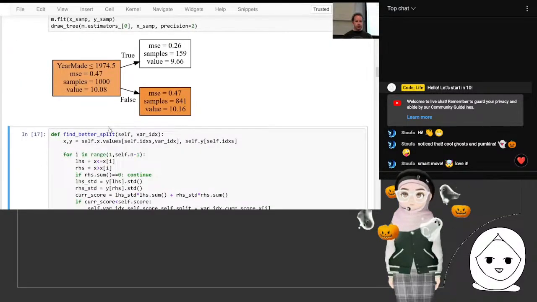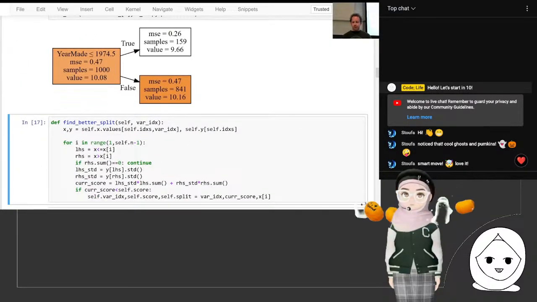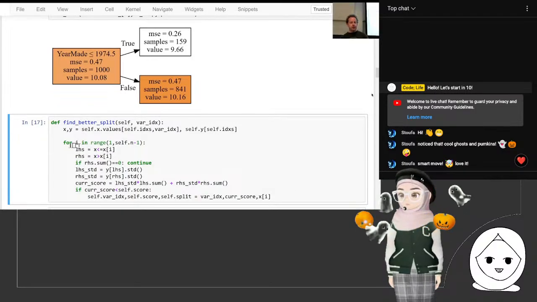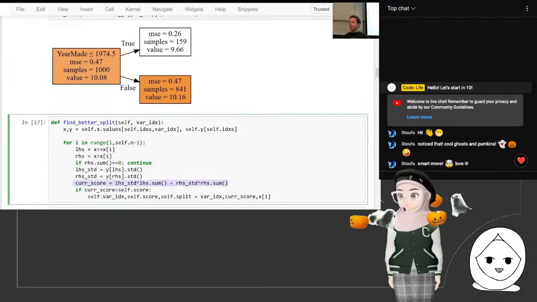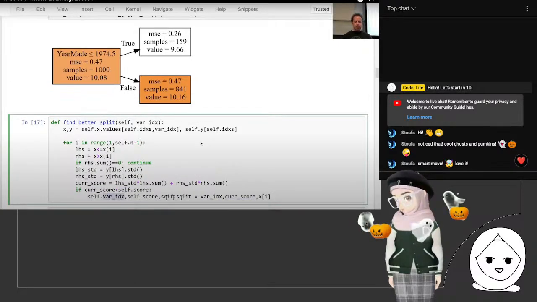Let's do the slow way, since it's a bit simpler. Find better split. We do that by looping through each row and finding out, this is the current score, if we split here. Is it better than the current score? The current score is infinitely bad, so yes it is. And so now we set the new score equal to what we just calculated, and we keep track of which variable. And that's why it has to be